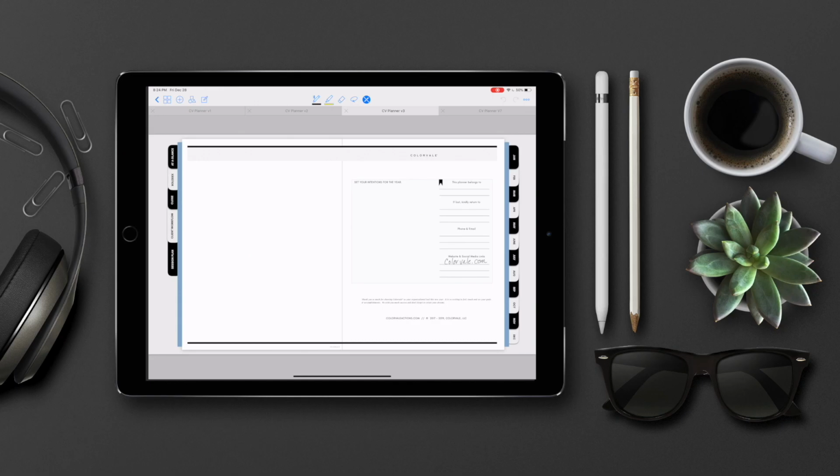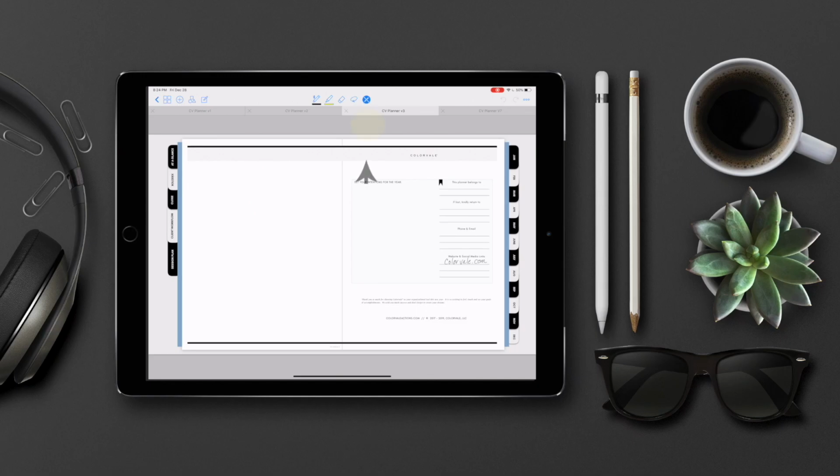In GoodNotes, you have icons in the center upper toolbar. The very first one, as I've selected in blue, is your pencil. You can hold that and tap it a second time to change the color. The next is a highlighter. The next is an eraser. The next is a lasso, which will allow you to select something that you've already written and